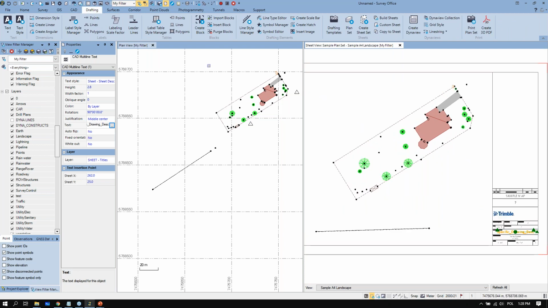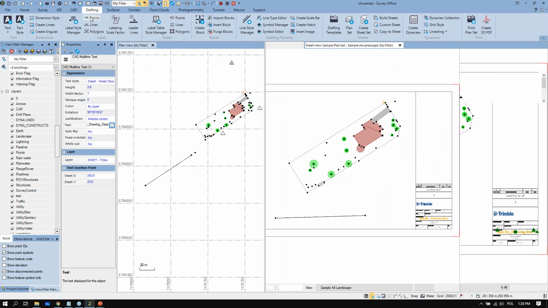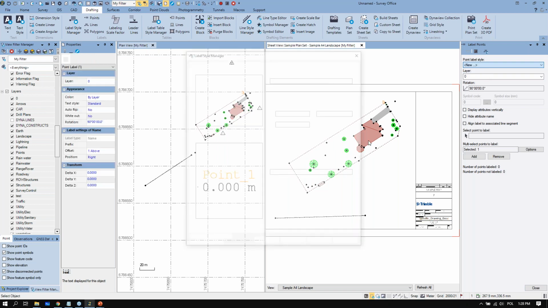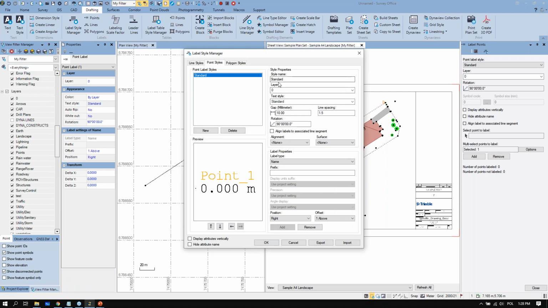For example, we label some points first, and just show you how to create the new point label style by selecting new. And then we will choose the font here. So let's say that we are going to use a new style. There are already some styles predefined. They can be in the system or they can be imported with your plan set. So I'm just going here to create a new style